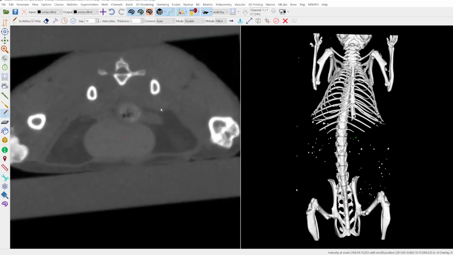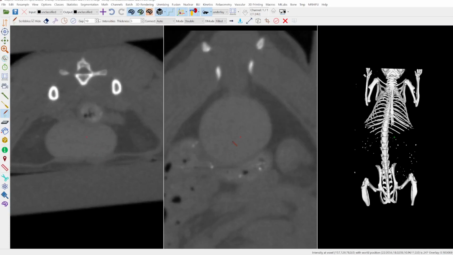Let me open another slice view. With your human eye you can easily differentiate the urinary bladder, but it's difficult to use an automatic segmentation operation because the intensity of the urinary bladder is very similar to the surrounding tissue. You can find the intensities in the right corner.